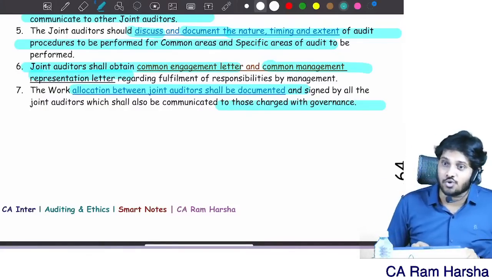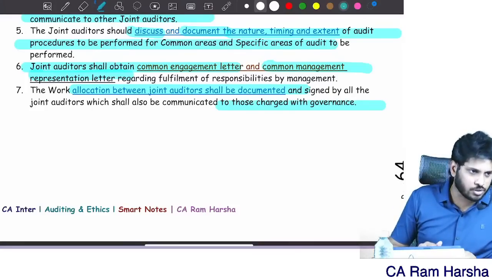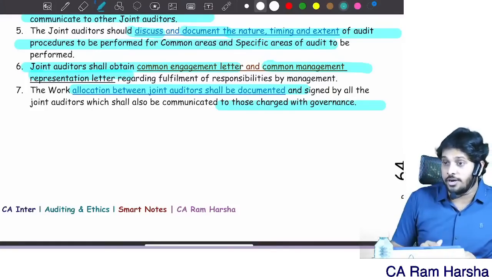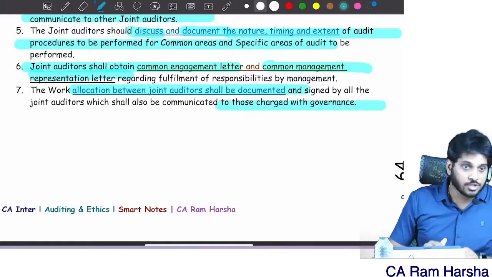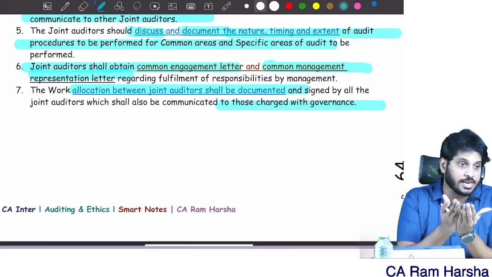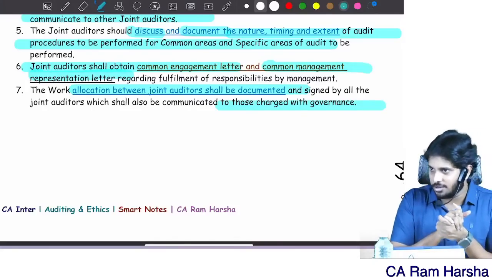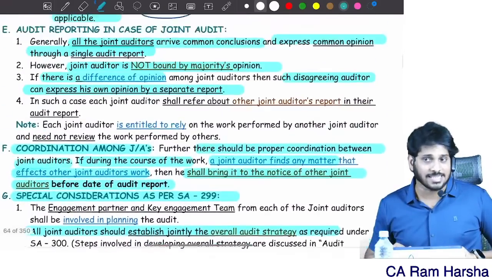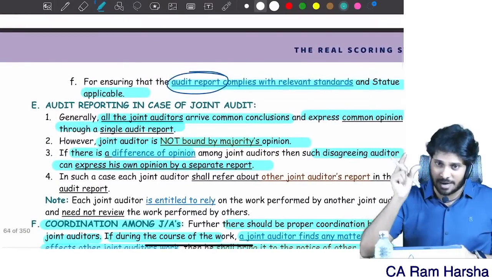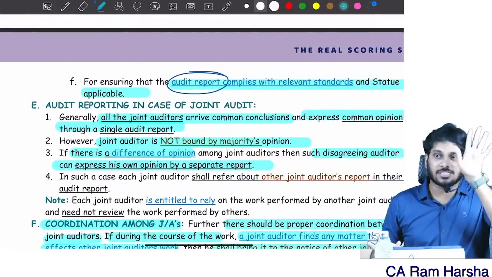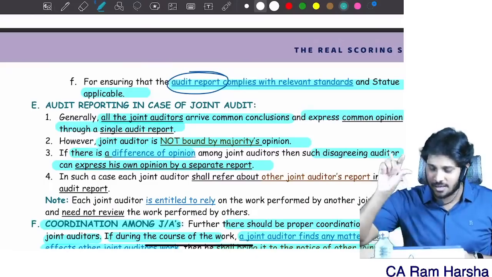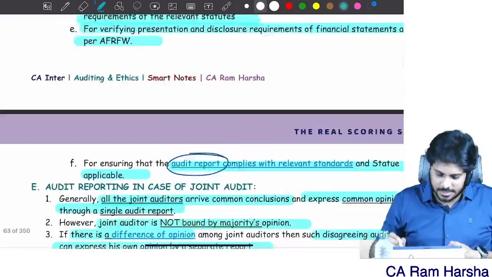Tomorrow, after the audit is over, if they have some issue and want to talk to an auditor, which auditor will they call? If they know what work each joint auditor did, they will directly call the concerned joint auditor. Clear? With this, 299 is completed. 600, that portion, branch accounts audit, is also completed. 706 other matter paragraph is also completed. Easy. Now look once again at 706.